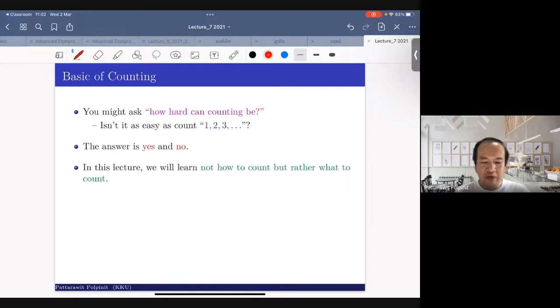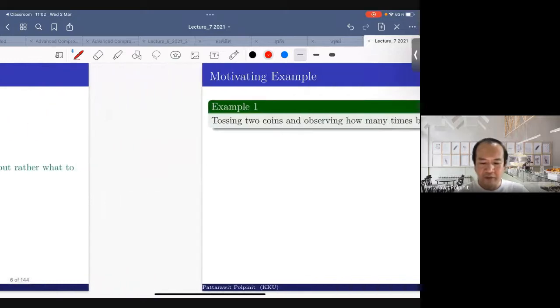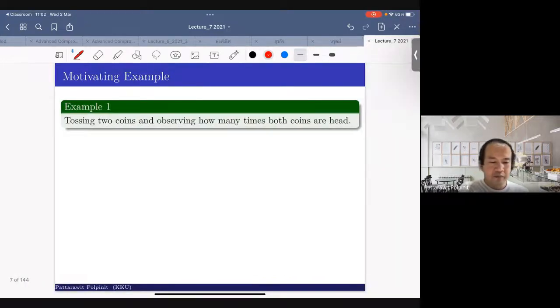In this lecture, we will learn what to count, not how to count. Everyone can count 1, 2, 3, 4, 5, but not everyone can tell what to count and what not to count. For example, when you toss 2 Thai baht coins, and you want to know how many